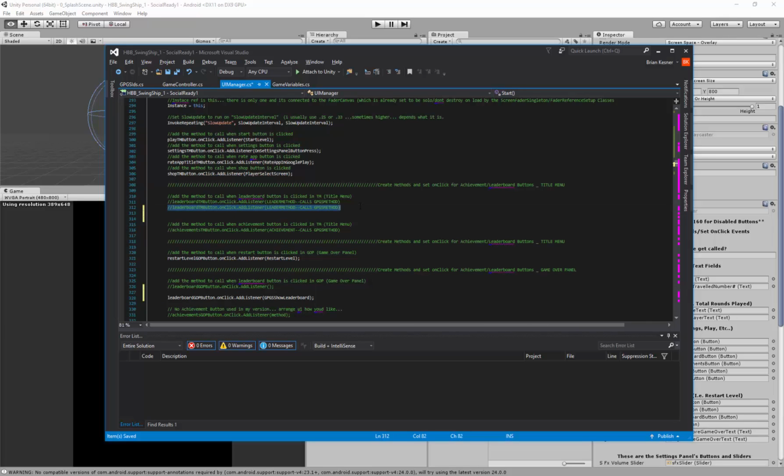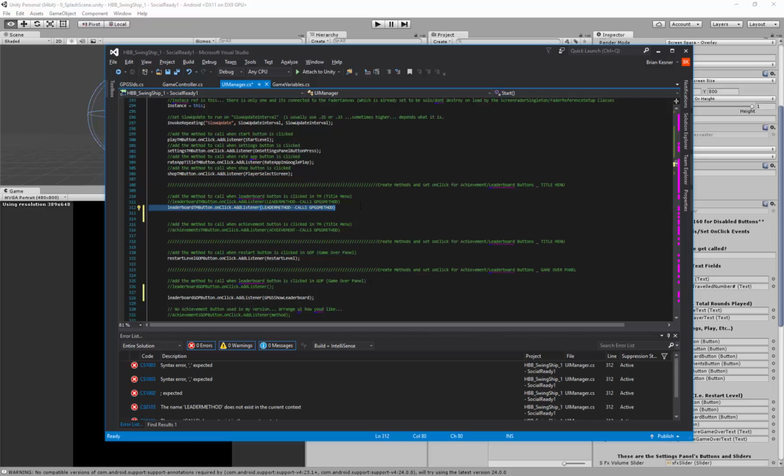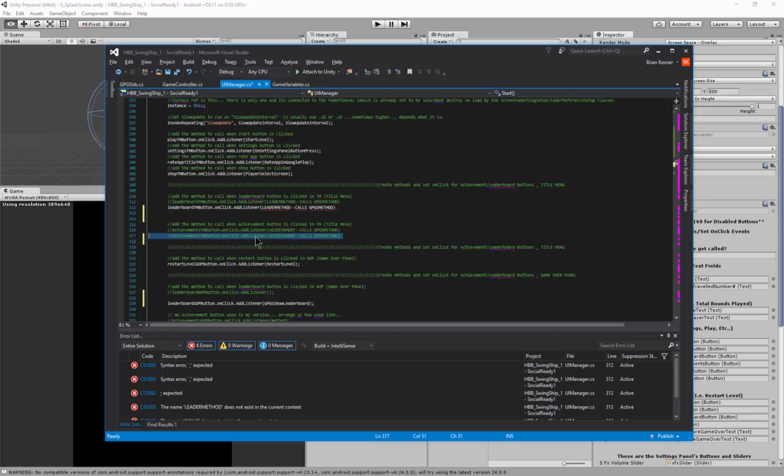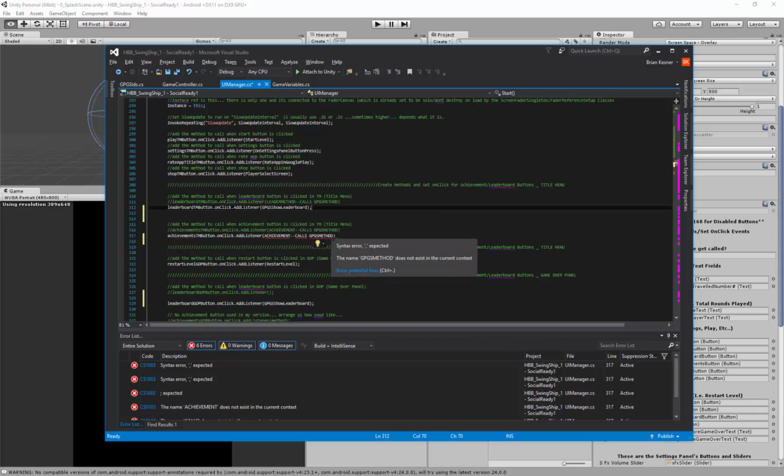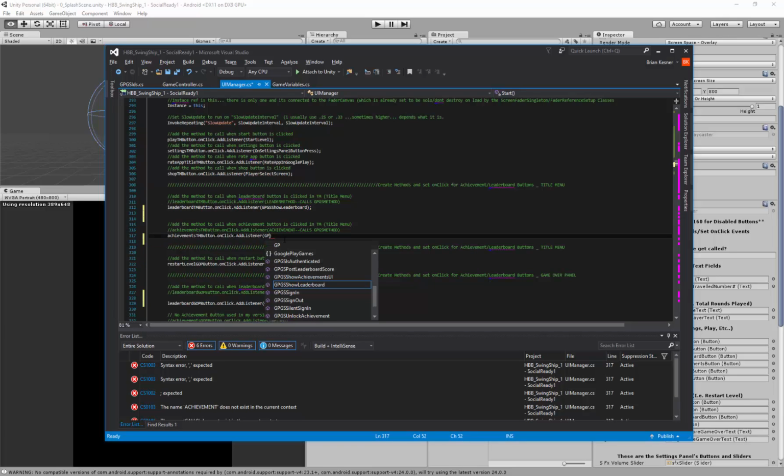Let's see, Shift and Control E U. And then we'll take this one. Okay, and here I just put gibberish to denote that we needed to put one of those methods there. So again, this is leaderboard, so GPGS show leaderboard, and this one will be for the achievements. GPGS